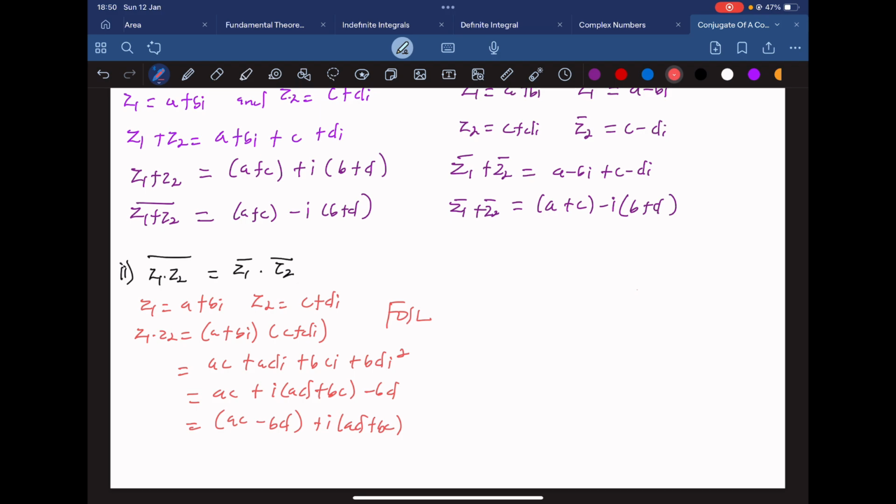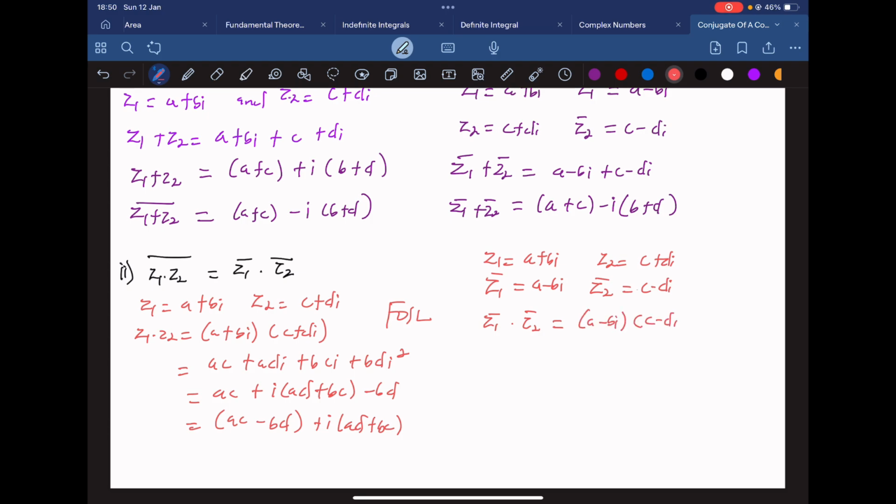Now on the right hand side, we have our z1 to be a plus bi. So if we find z1 bar, we are going to get a minus bi. Now z2 is c plus di. So if we find z2 bar, we should get c minus di. In that case, let us multiply. So we have z1 bar multiplying z2 bar, and in this case that is a minus bi